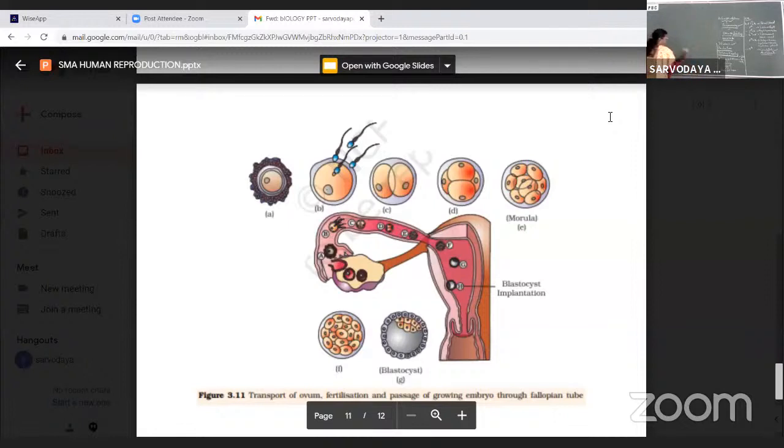Okay, so we're coming to the last part of the topic, that is parturition and lactation. I've already mentioned here what is meant by parturition: it is nothing but delivery of the baby. So what is going to happen? We observe that various hormones,